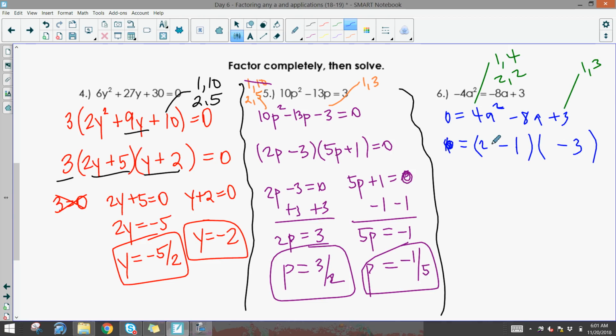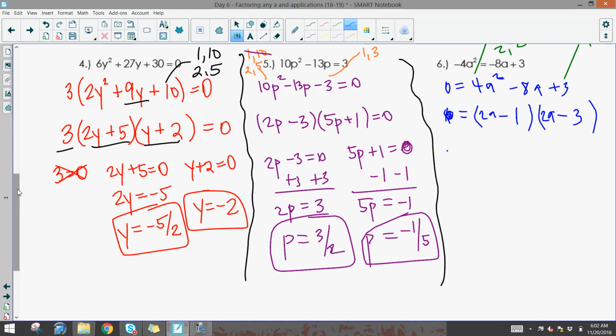I'm going to put 2a in both spots. Sorry, you guys, this handwriting is atrocious this morning. 2a times 2a is 4a squared. -6a minus 2a is -8a, and -1 times -3 is +3. Awesome. So we have 2, that's not a 2, even close. Sorry, guys. You're going to set both of those equal to 0. Let's try this again. There we go. All right, so we have 2a